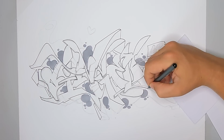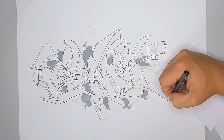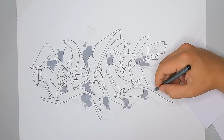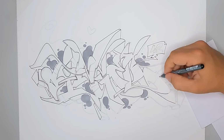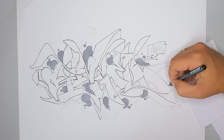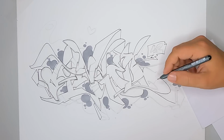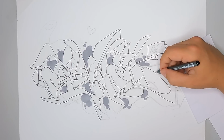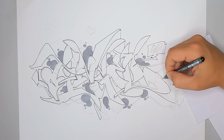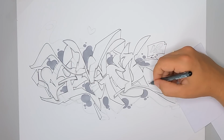And for lines like that, I would really love to rotate the paper. But I think later on I will talk about an idea that I have had in my mind for so long already. But recently I got a broken foot, so I can't walk. But when I can walk again, I will definitely build myself a sketching table